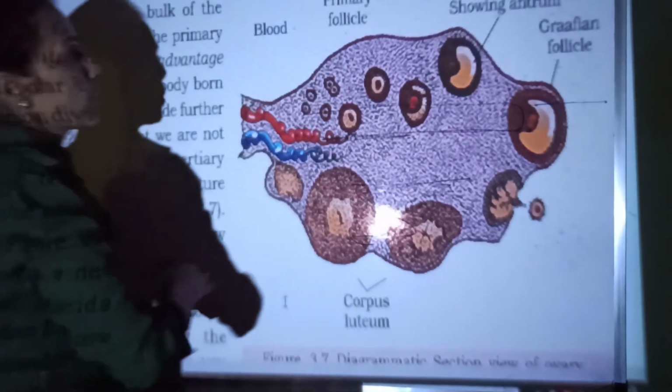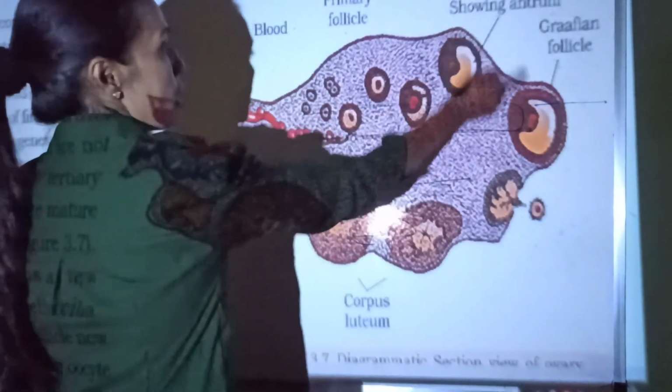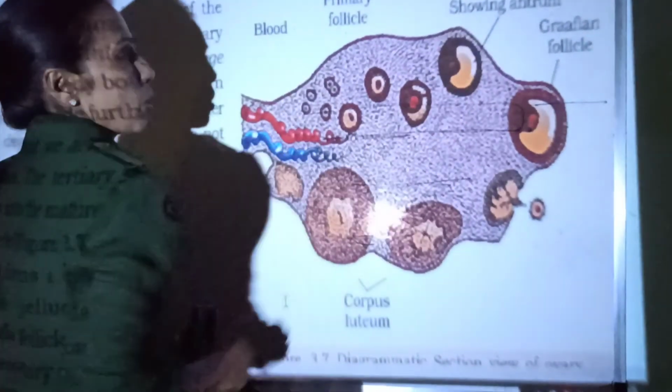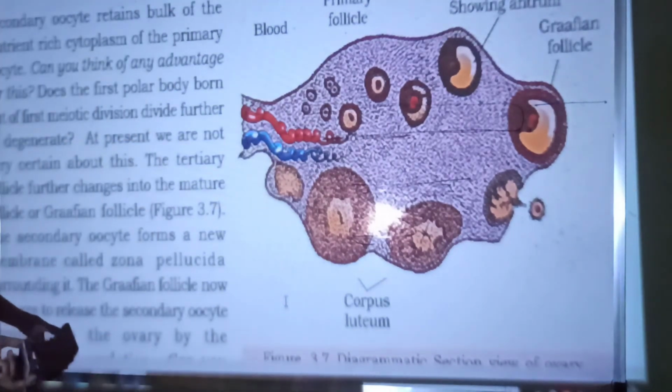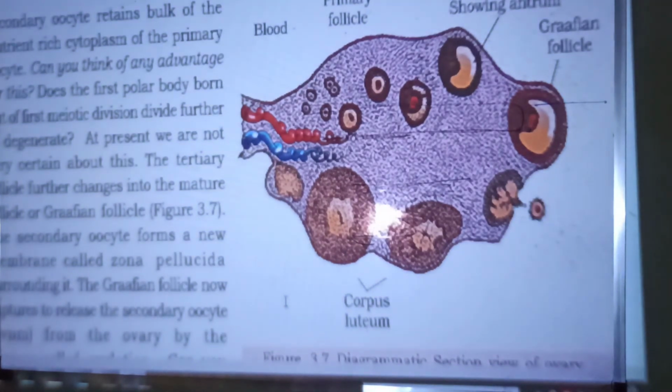In this picture, as you can see, the primary follicle changes into secondary and then tertiary. When the tertiary follicle is formed, there is a fluid-filled cavity called the antrum. Later on, when these follicles develop further and are fully grown, we call it the Graafian follicle. The word Graafian is derived from its discoverer, Graaf. The fully matured follicle, the Graafian follicle, is the one picked up by the fimbriae.